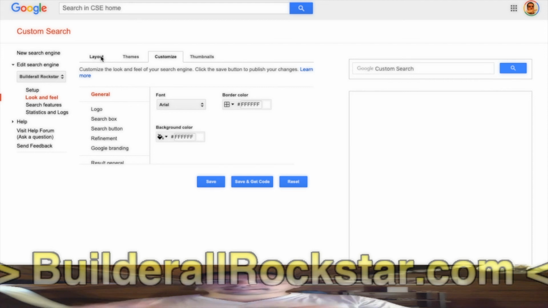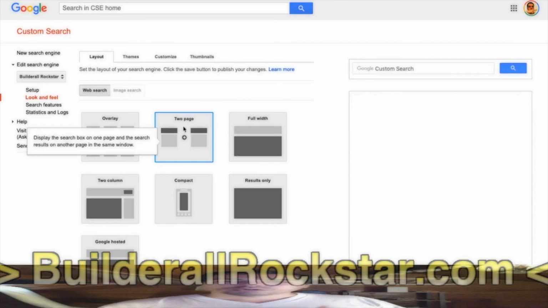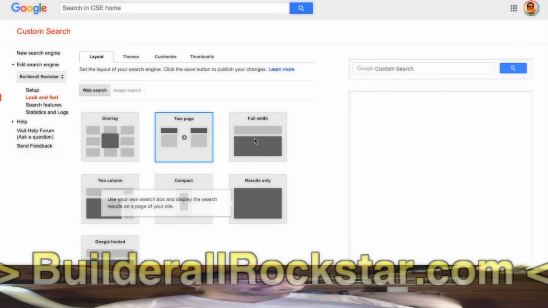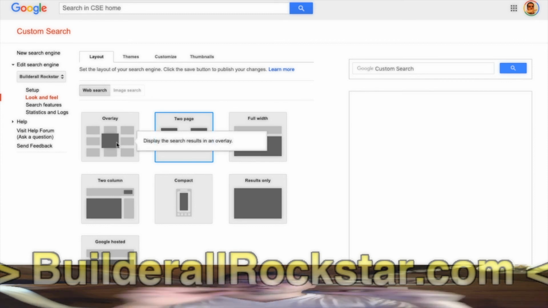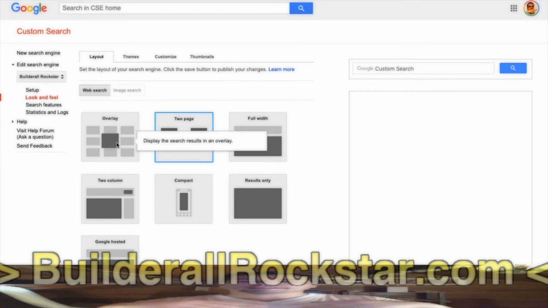You can select different ones. I will show you just something. Layout doesn't change your website, your search engine. Those are just some ideas of layout, some features that you can use in different pages. This is overlay, for instance. It will have your search box, and as soon as you type something, enter, it shows an overlay. It doesn't reload the page. This you can use on another page of your website.